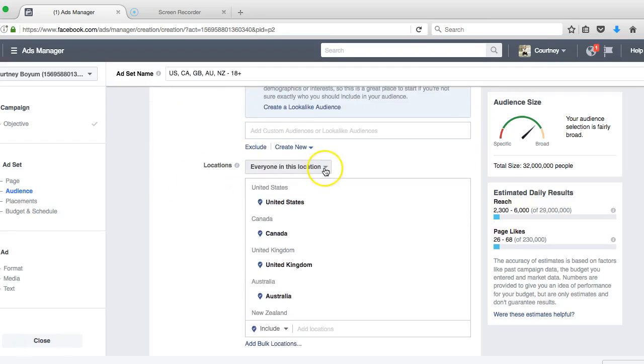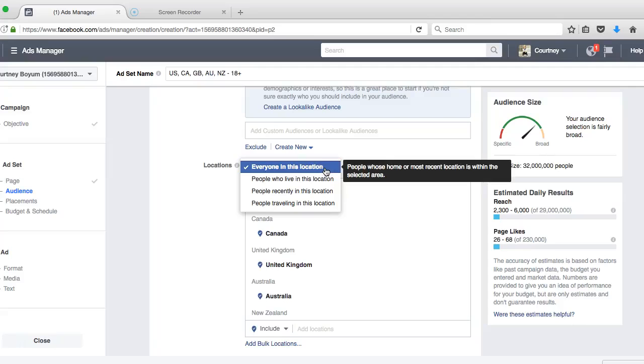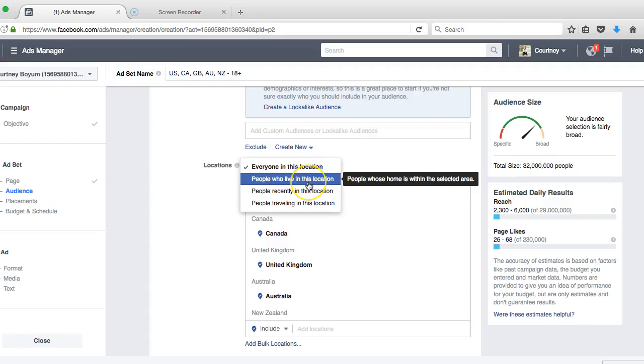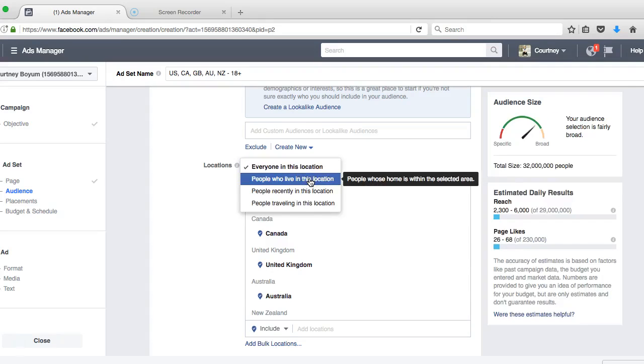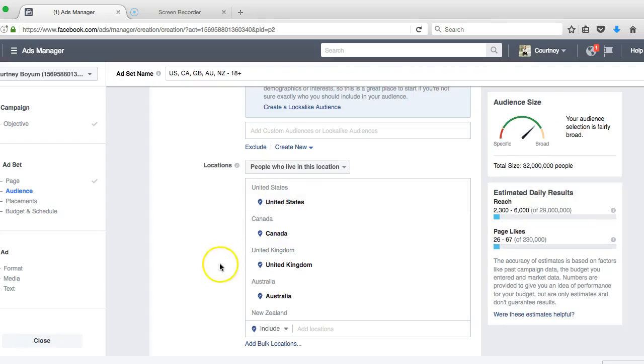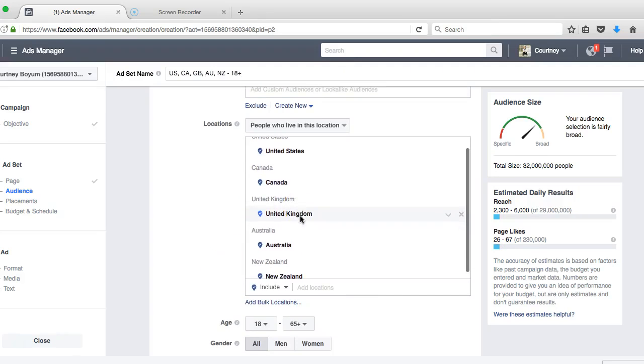So here's the first place. So we're going to do everybody. So it's everyone who's at this location, or everyone who lives in this location. That's what I do. For instance, if you only target the United States and you use everybody at this location, you'll get people that may not live in the US that are traveling there, for instance. So I just do everyone that lives at the location. And what I mainly do is target the English-speaking countries. So that's 5 countries, United States, Canada, the UK, which is obviously a conglomerate of countries,